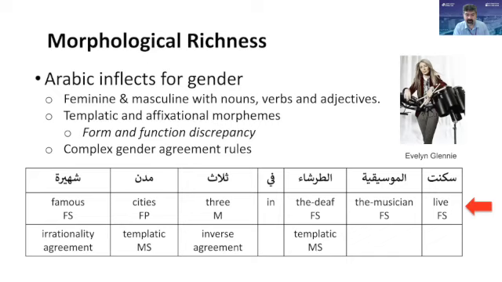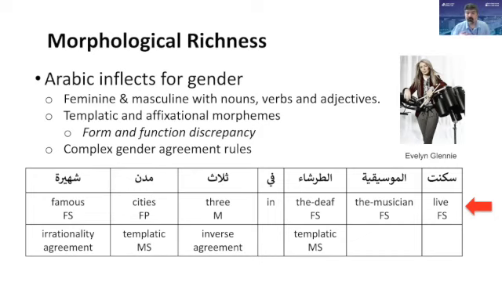But also additionally, you get things like reverse gender agreement. This is like the numbers that would look like the feminine numbers agree with masculine and the opposite way. And then of course, there is the expression of gender itself. If everything was ta marbuta, alif ta, ya noon, and nothing, then it would be much simpler. But you take words like mudun, for example, it's plural. Technically, it's feminine plural because it's the plural of Medina. But on the surface, on the look of it, it looks like a regular masculine noun, right? So from a machine point of view, the signal that comes, the feature in the word, can be distracting in trying to model these things.